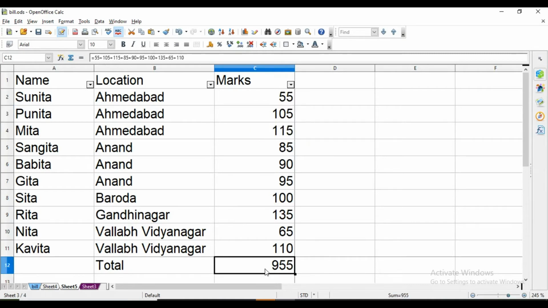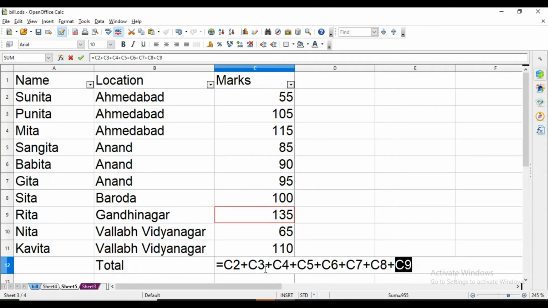Then there is another method, that is equal to, then cell address plus... okay, last is C11.